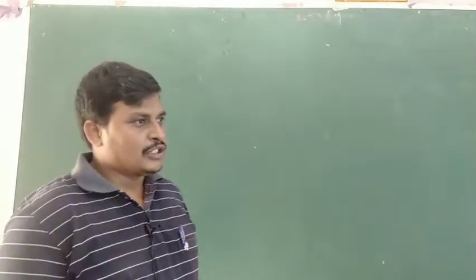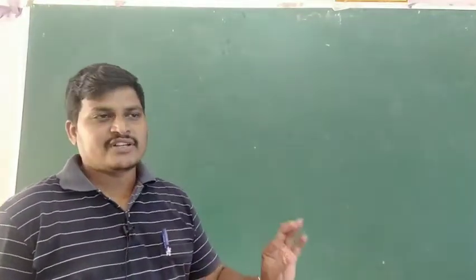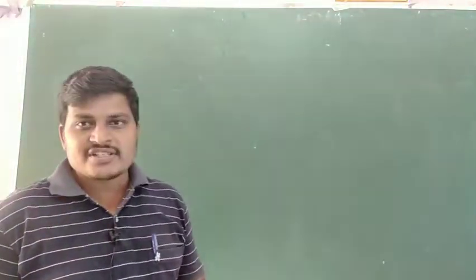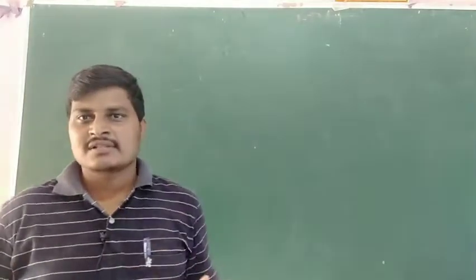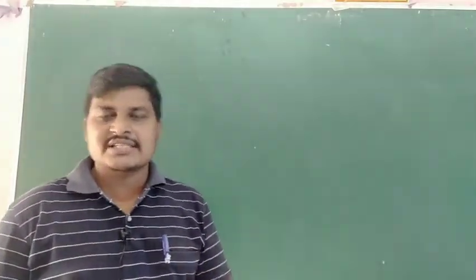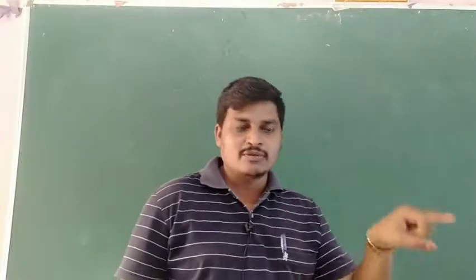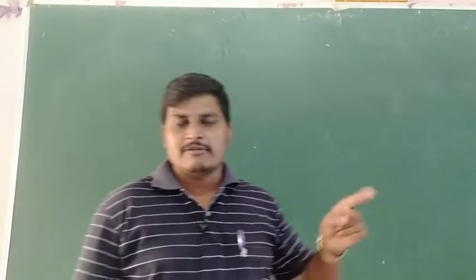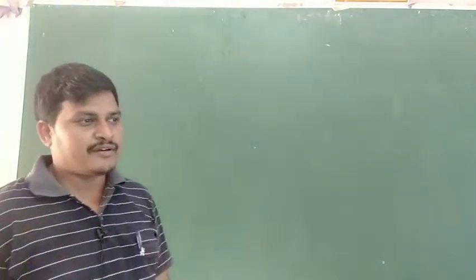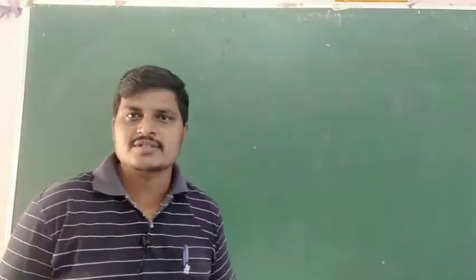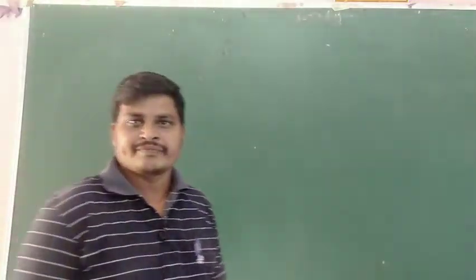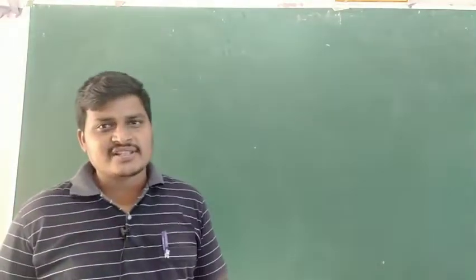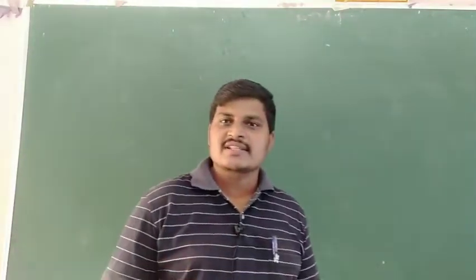What is the meaning for two functions? Any two functions f and g that are continuous: their sum is continuous, their difference is continuous, the product of the two functions is continuous, and the division of f by g is also continuous. This is fixed. Okay, for example sin x is a continuous function, cos x is a continuous function, sin x plus cos x is a continuous function, sin x minus cos x is a continuous function.